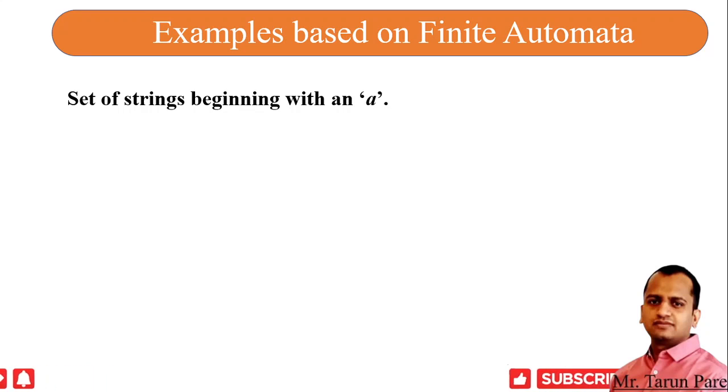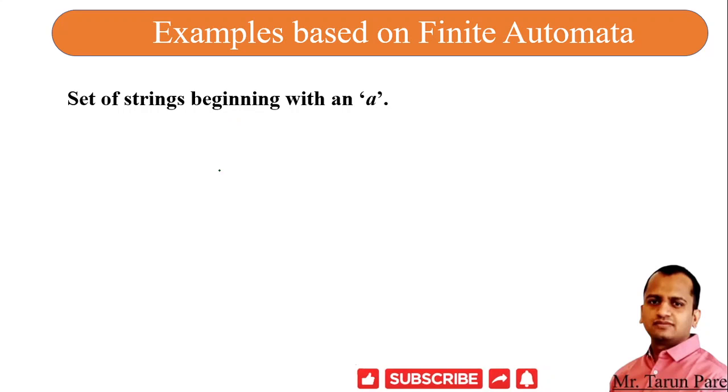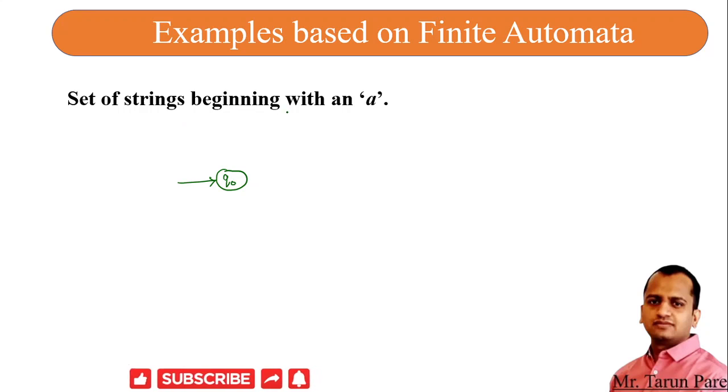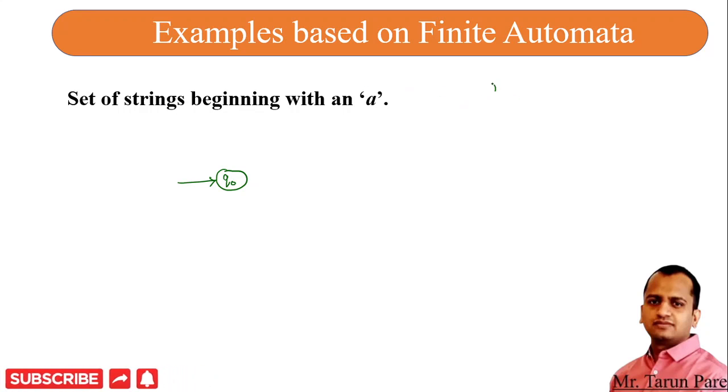As we know, for designing the automata we first have to design the initial state. Okay, so this is our initial state. At the initial state we have denoted it by q0. From here, what are the possible strings that will be generated? The possible strings will be the set of strings that begin with A, meaning we can design